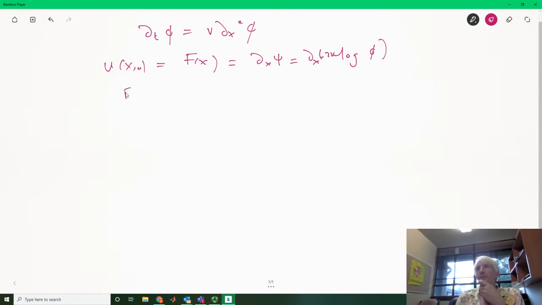So we have f of x is equal to, if I take the derivative of that, minus 2 nu dx phi over